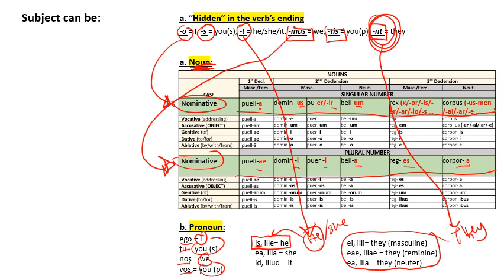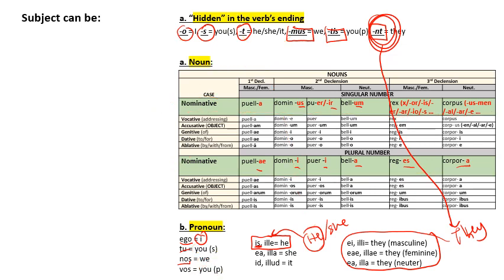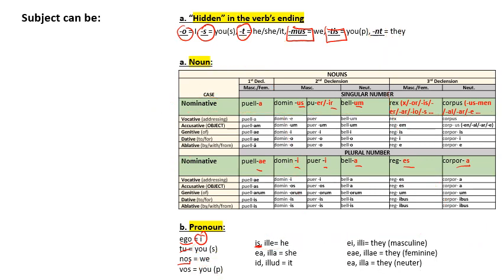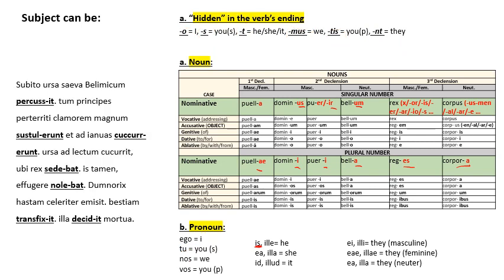So let's have a look at a passage, and we're going to try to find the subjects. Subito ursa saeva bellimicum percussit. I go to my verb first, percussit. I look at the verb's ending to find the subject. It ends in T, so I think that the subject has to be he,